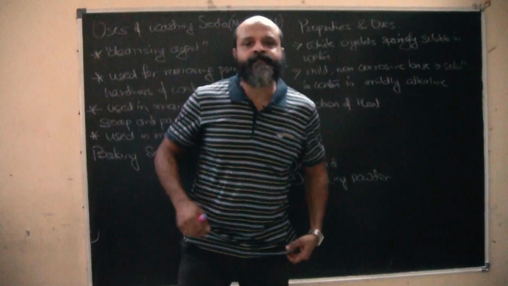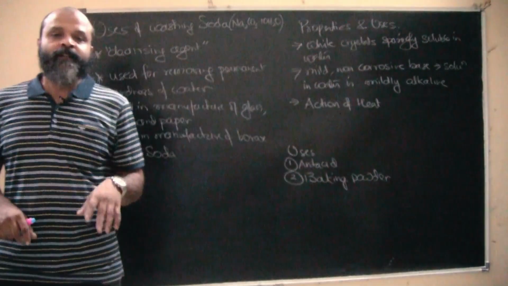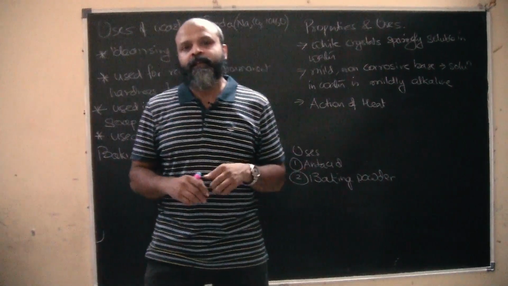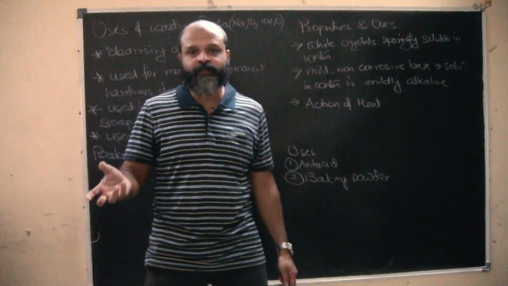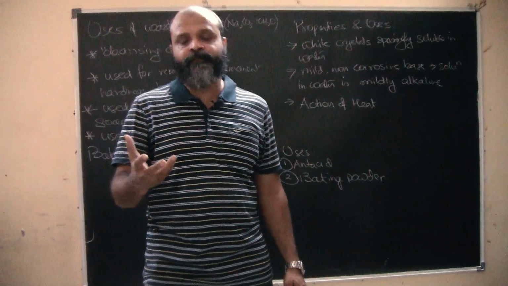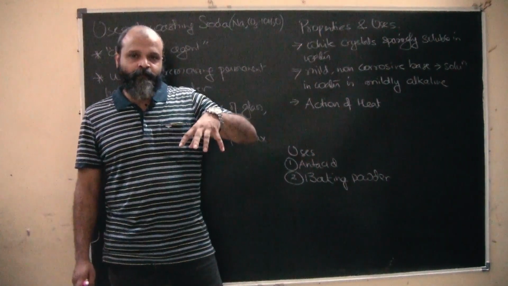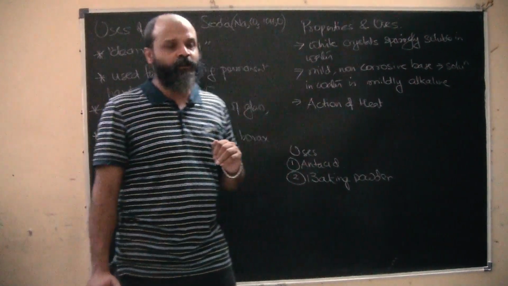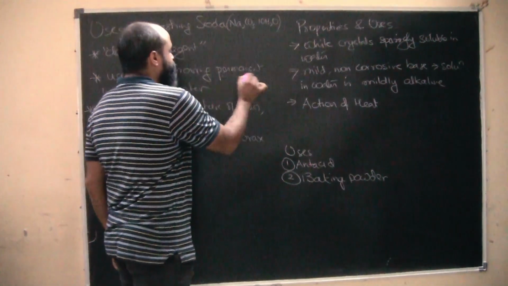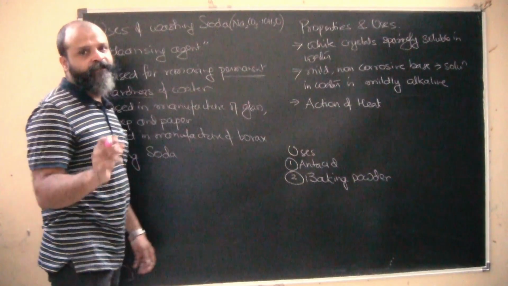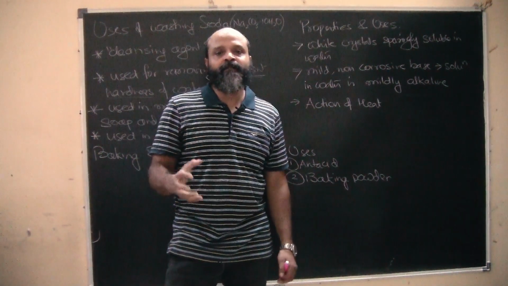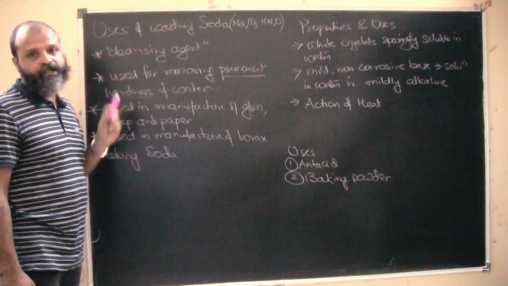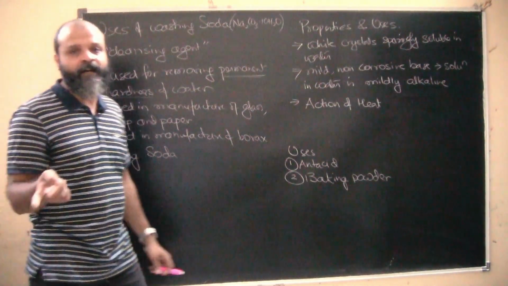Now what is water hardness? Water hardness is basically caused by the salts of calcium and magnesium which dissolve in water. Most of the water that we get for domestic purposes is hard water, or khara pani, because the calcium and magnesium salts present in the earth get dissolved in water, and this causes permanent hardness. When water has permanent hardness, even simple soaps will not be able to improve its cleansing property. So we will need washing soda in that case, because it removes the permanent hardness of water as well.